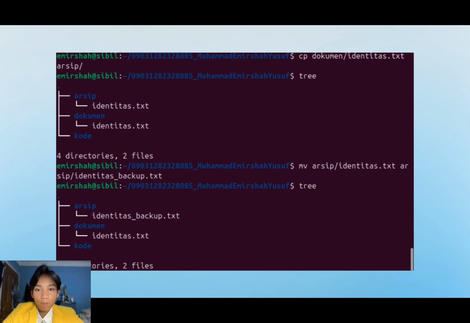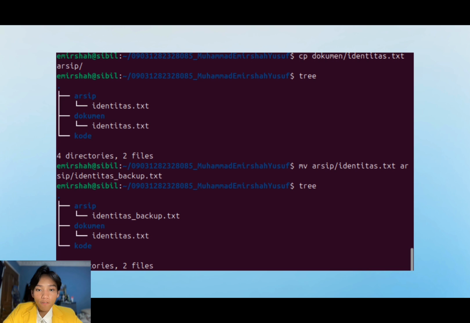The tree command will provide a clear hierarchical view of the directory structure, revealing the three primary folders, archive, document, and code, with identitas.txt present in both archive and document. We will efficiently manage files by first navigating to the archive directory and renaming identitas.txt to identitas backup.txt using the mv command.